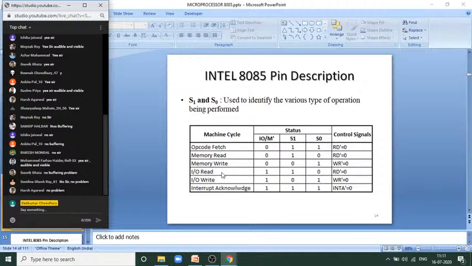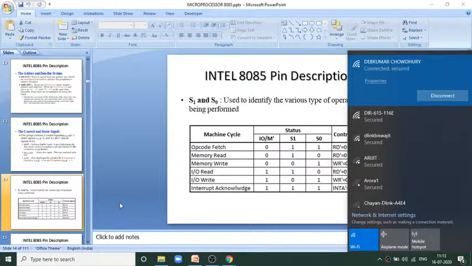Next is IO operation. First IO operation is IO read. For the IO read operation, the status signal values are 110. Which control signal do we use? Because it is a reading operation, we are using RD bar. Next is IO write. For IO write,